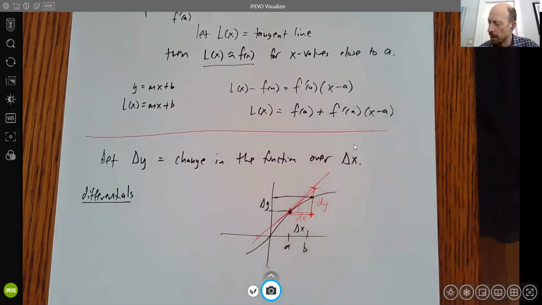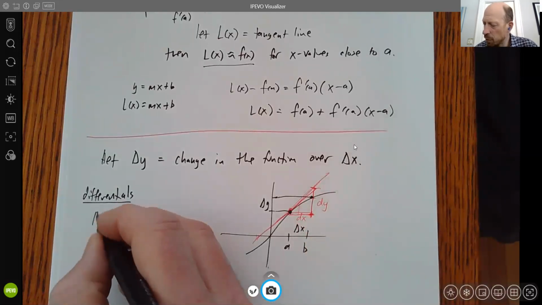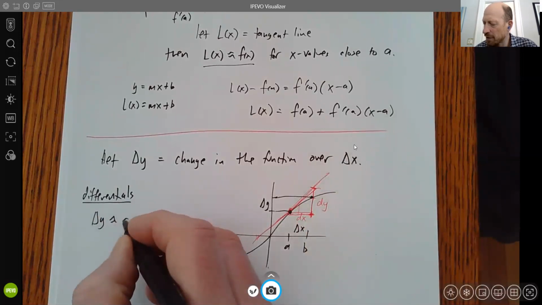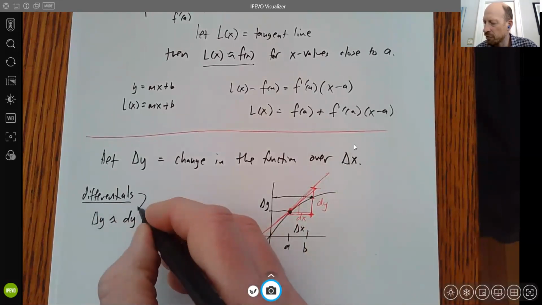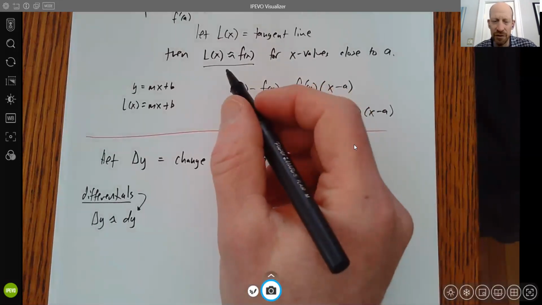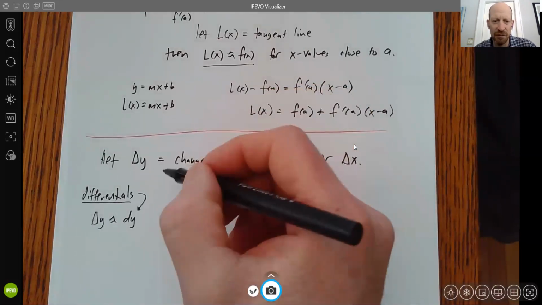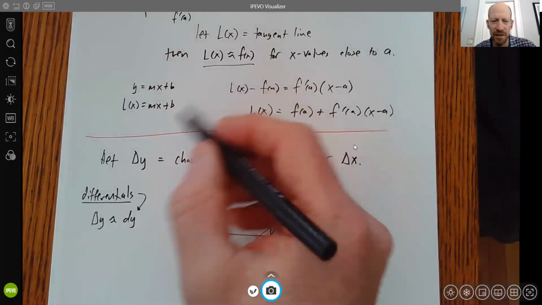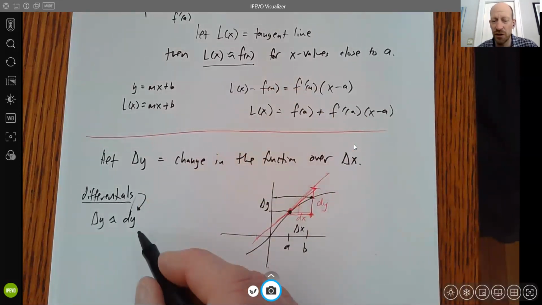So it turns out that delta y, the actual change, is approximately dy, which is the differential. In the same idea here, right? I guess I have it flipped around, but the idea is that we're approximating the true change